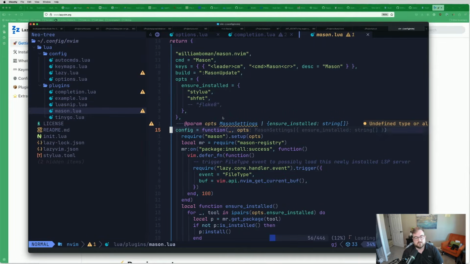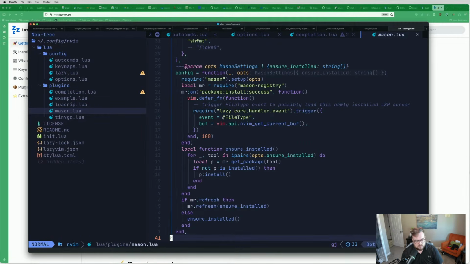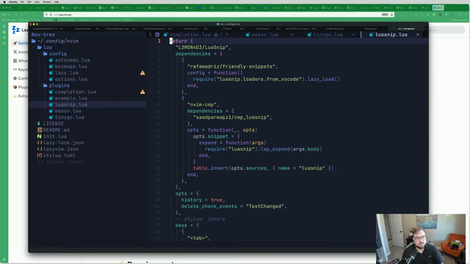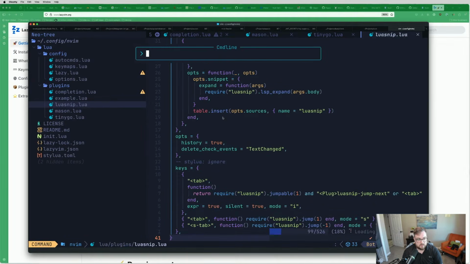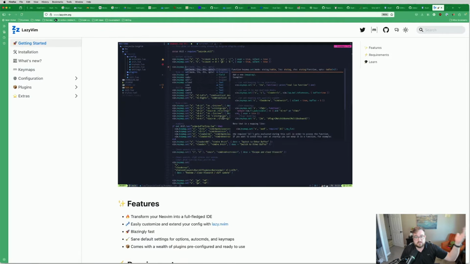Mason, so you can set up some defaults for Mason here. So like ensuring that certain ones are installed by default. So maybe I should add ZLS and some others there. I have a TinyGo plugin that I used for some TinyGo development. LuaSnip plugin for friendly snippets. That's really it. I don't do a ton with my NeoVim configuration, mostly because LazyVim gets really close to what